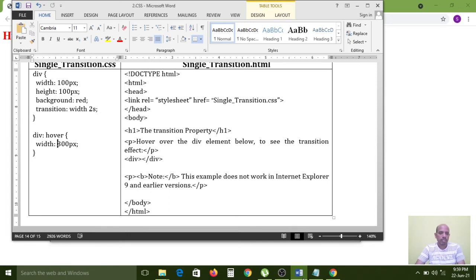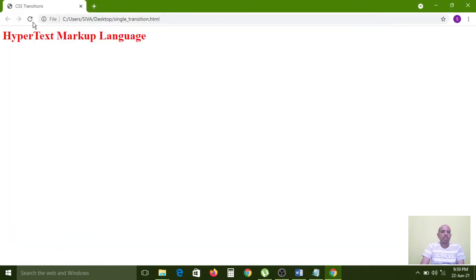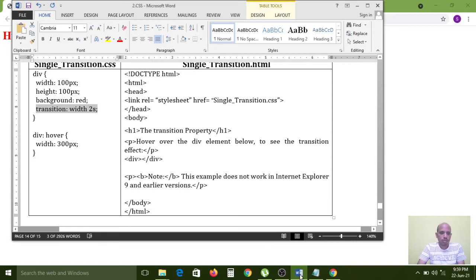Transition. Now I am copying. I think there is some spelling mistake somewhere. Here, instead of it, I am giving color, and 2s is not required because this is text now. So it is also not taking. Why? Over effects will take now.